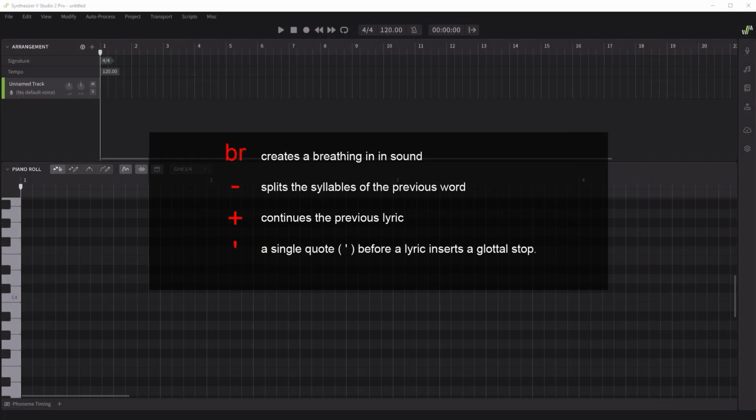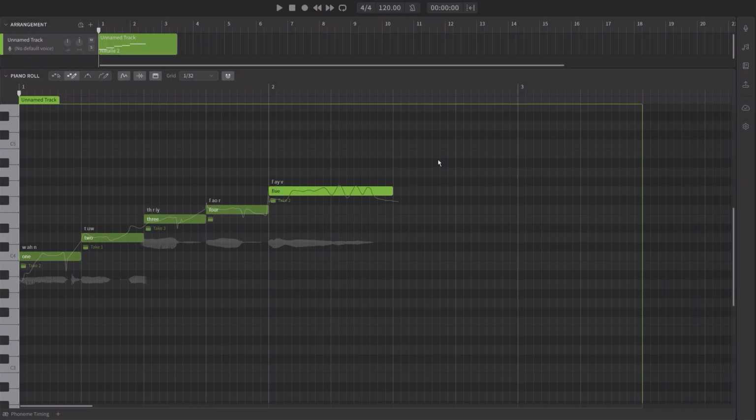Something else I discovered is the fact that there are control symbols or letters, which you add to the lyrics and they change the way it's sung. So for example, if you create a note and type BR in as a lyric, this will cause it to take a breath. So, taking the original